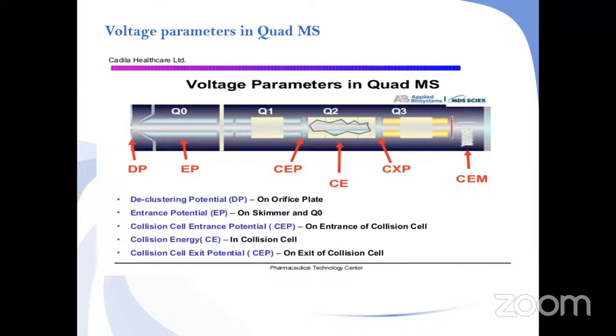So DP, EP, CEP. Another CEP we can even abbreviate as CXP, exit potential. So if two CEPs are there, one CEP is the entrance and the other CEP we can call CXP, the exit potential. And this will explain about the points. If you see the quadrupole in the next slide, one diagram of the quadrupole, the basic points of the